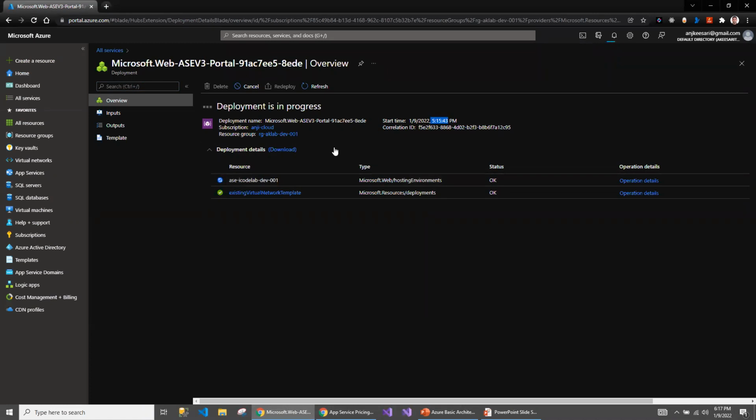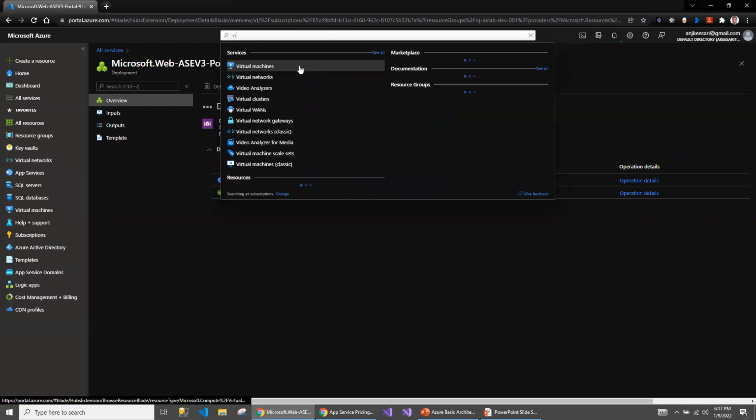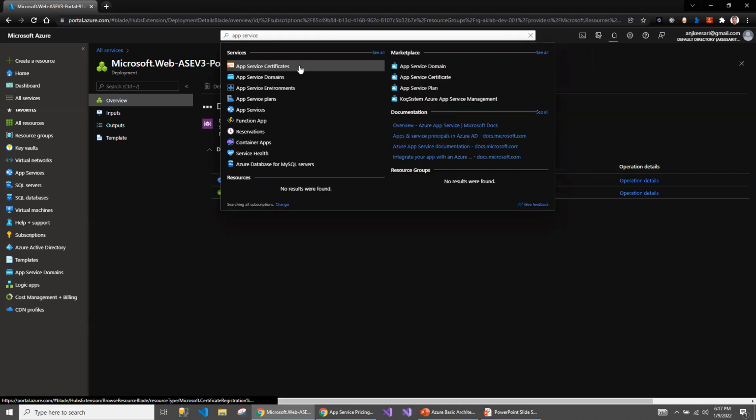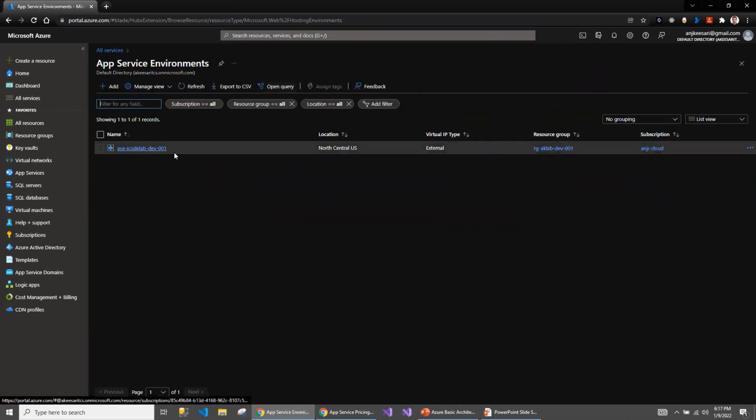This is still provisioning, but let me show you from the portal how you are going to create the App Service Environment. You search for App Service Environment and select it. This one is still getting created.